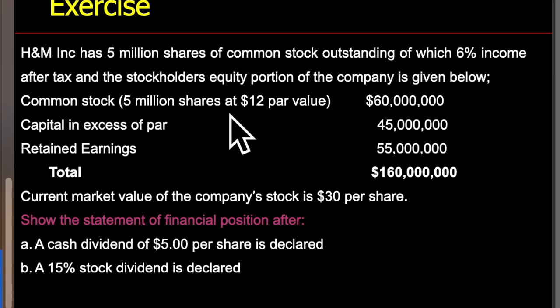So common stock 5 million shares at 12 ringgit par value gives you 60 million. Capital in excess at par is 45, which is paid in capital. Retained earnings is 55 million, and total is 160 million. The current market value of the company stock is $30 per share. Question: show the statement of financial position after A, a cash dividend of $5 per share is declared,